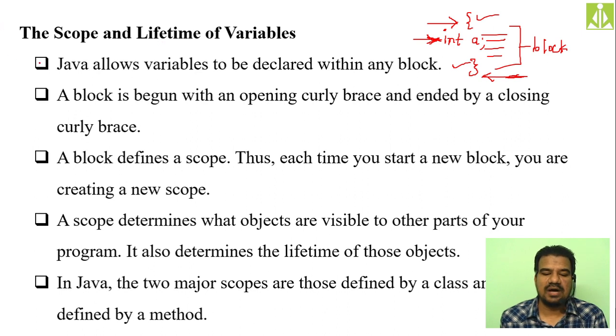So Java allows variables to be declared within a block. Unlike structural programming C, where we have a declaration section, and in the declaration section only we have to declare all the variables. Declaring the variables internal to the code is not possible, isn't it? You have to do the declaration at the declaration section only. All variable declarations or creations you have to do in the declaration section only. It is not possible to create the variables inside the code, inside the actual logic.